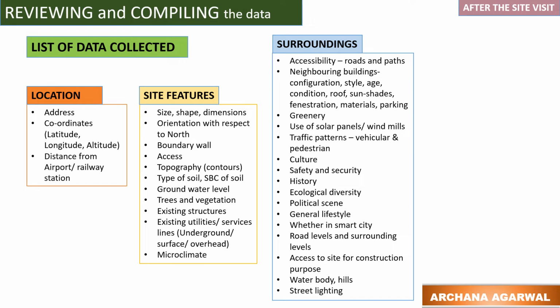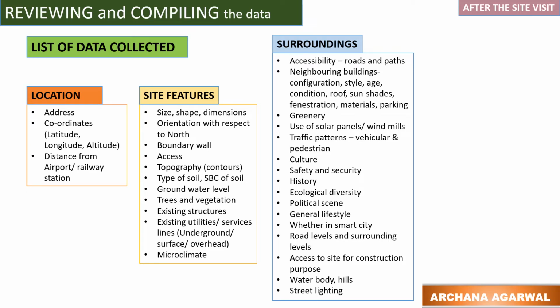The data related to surroundings includes the roads and pathways around the site, defining the accessibility to the site, the neighboring buildings, their configuration, style, age, condition, the type of roof, sunshades, fenestration, materials used, parking, the greenery around the site, use of solar panels or windmills, traffic patterns of vehicular and pedestrian, the culture of the area, safety and security of the area,